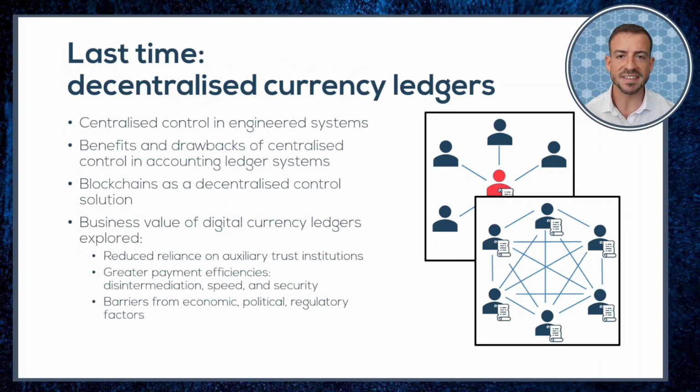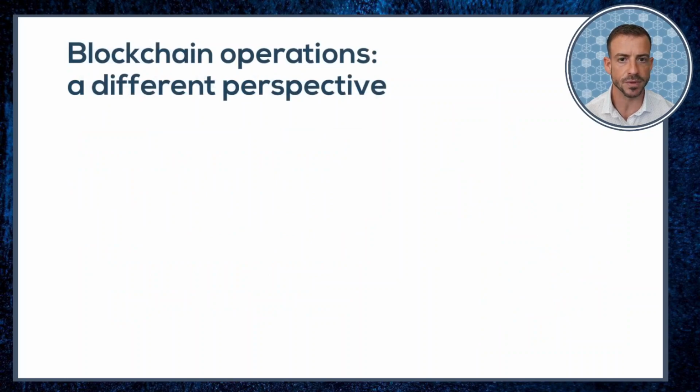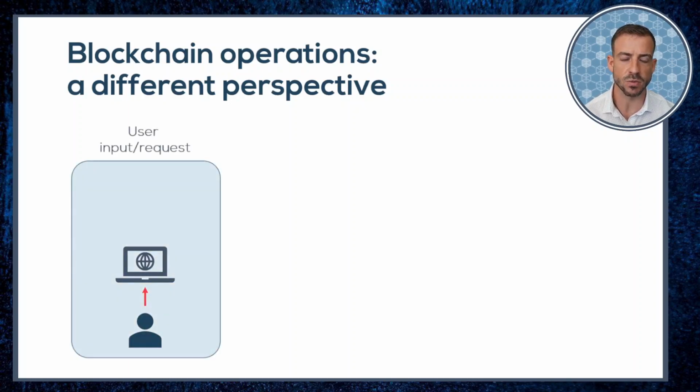Let's begin our journey by taking a fresh look at the digital currency blockchains that we've become familiar with and re-illustrate them as a sequence of distinct processes. First, a user submits a transaction request. The requests that users can make and how they're handled are first determined by a set of fixed rules that have been engineered for that blockchain.